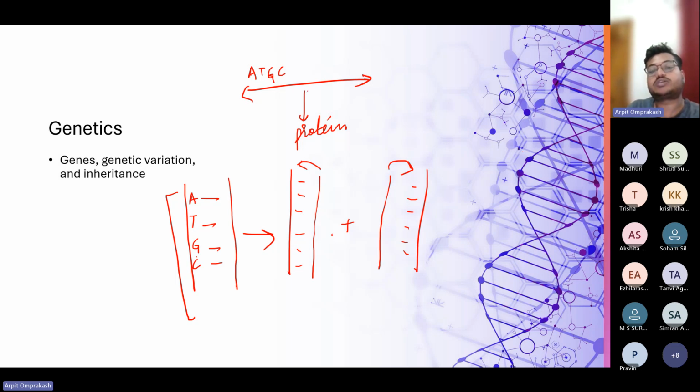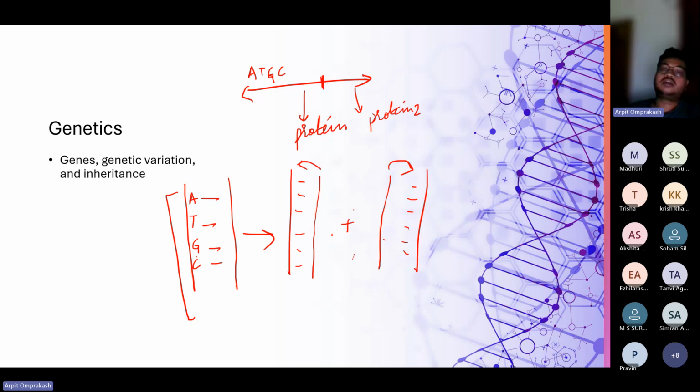If there is a mutation in this part of the DNA, it changes the protein that is produced. So now we have protein 2 being produced here, and so on. And if that change from protein 1 to protein 2 is advantageous in the given environment, then that individual will